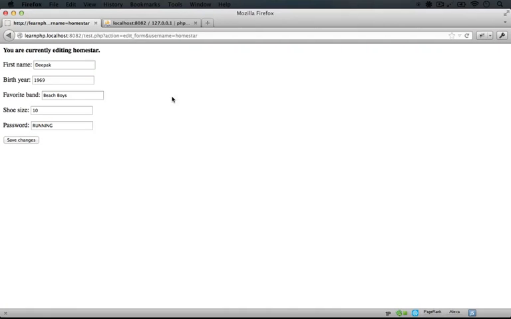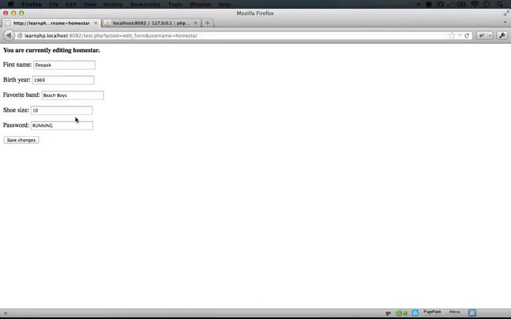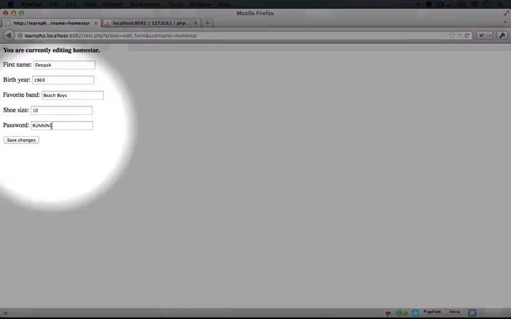Now later on, what we're going to do is use unique numbers for each user, so we don't have to use some data from the record to identify it. But for now, because the username needs to stay the same, we're preventing the user from editing it by removing the input altogether.